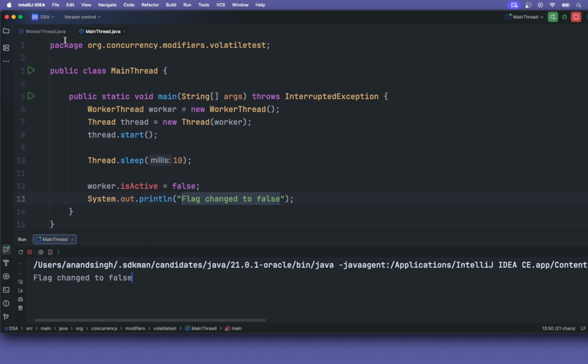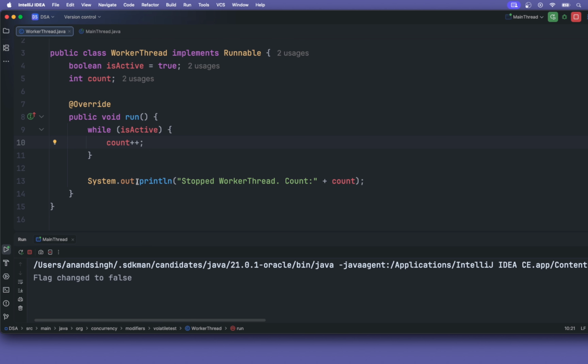If I go back to the worker thread, we have a sysout here to show that once the run method of this worker thread completes this loop, and the execution comes out of the loop, we should get a sysout saying that the worker thread stopped and the count is this much. So even after the main thread changed the flag value to false, the loop keeps running